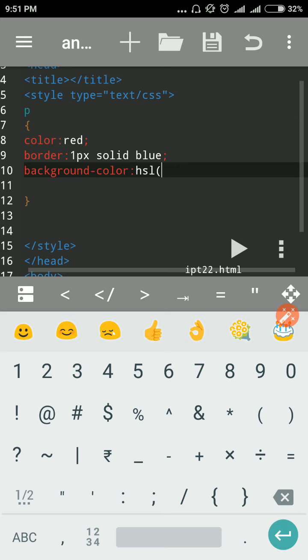Already they defined the format in 0 to 360. According to the color I take on there, suppose I take 120 degrees, it means hue can represent the color. So 120 degrees, according to the format, provides the green color. Then saturation, we can represent 0 to 100%. So 100% the saturation on there.